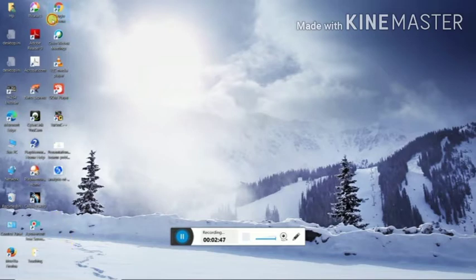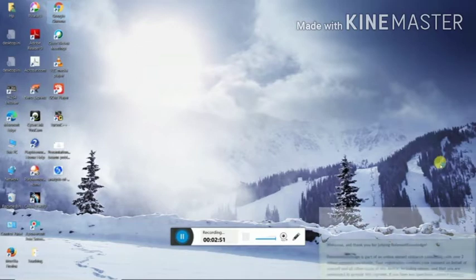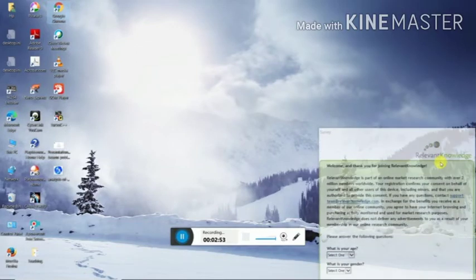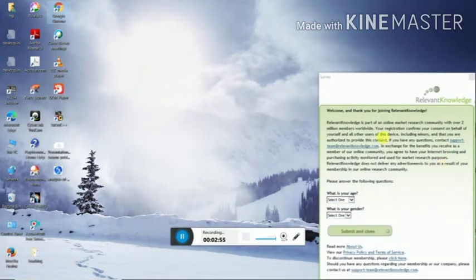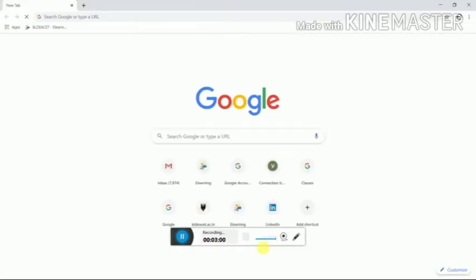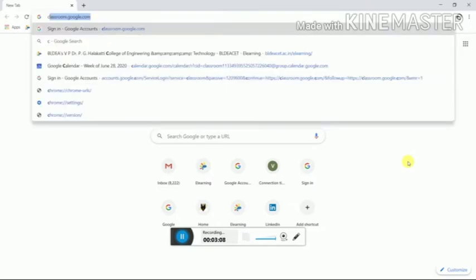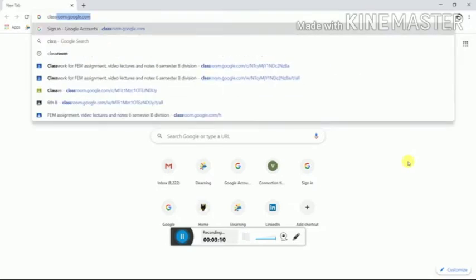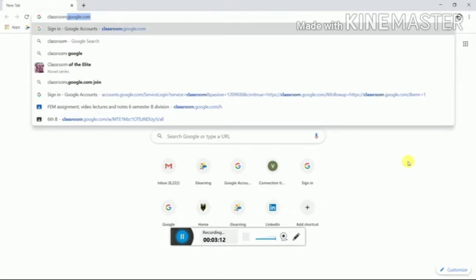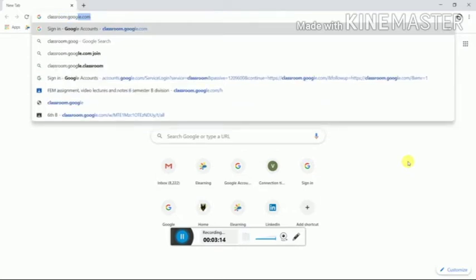Let us go to Google Chrome. Okay. So first, let us open this website, that is classroom.google.com.